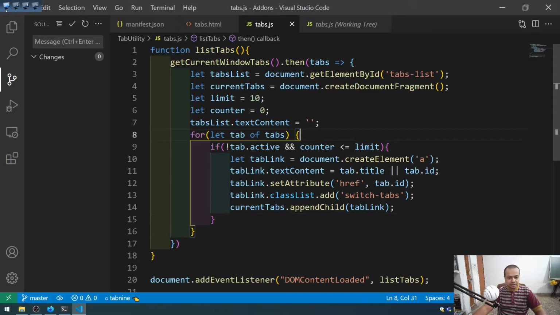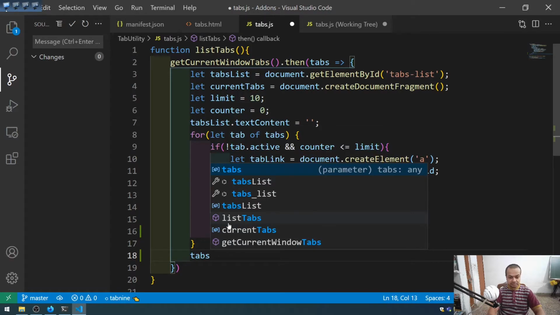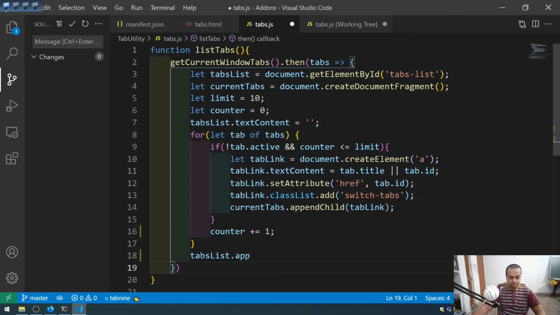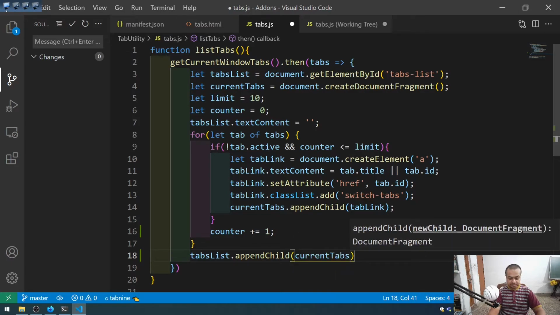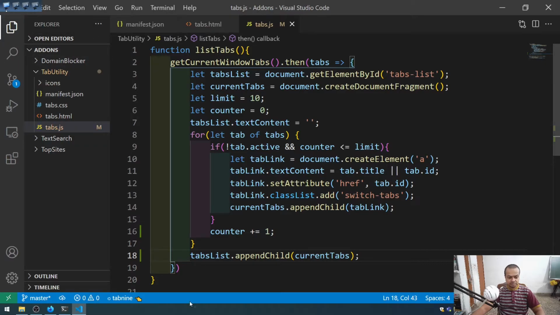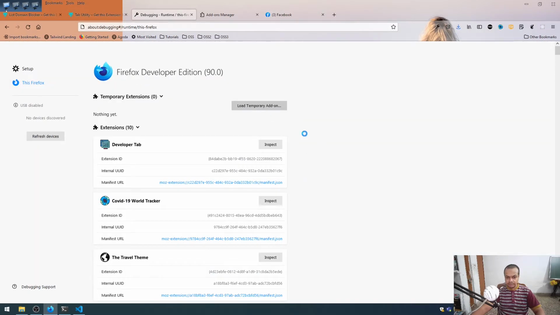Okay, so after this we have to increase the counter, counter plus equal to 1, so the counter will get increased, and after that here it is tabsList.appendChild will be currentTabs, this one, currentTabs, appending here. Let me save it, and then let me come here and remove it, and then I can load it,